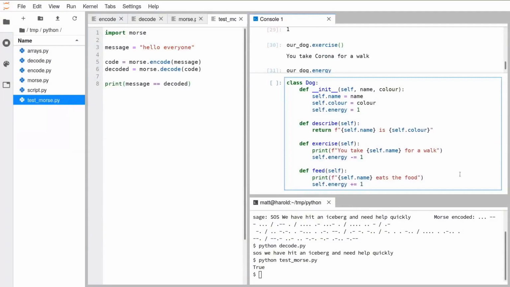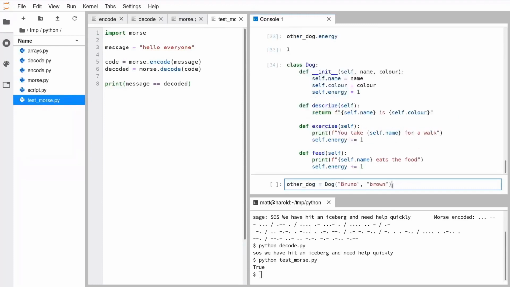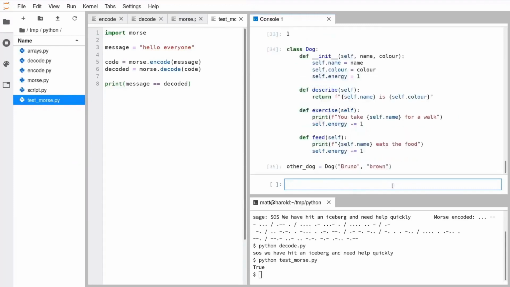I have on the screen here the example of the feed function. So the feed function works exactly the same as the exercise function. It prints out a message saying that the dog eats the food, and then it does self.energy += 1 to increase the energy. So if we define that class, redefine our dog, we can now do